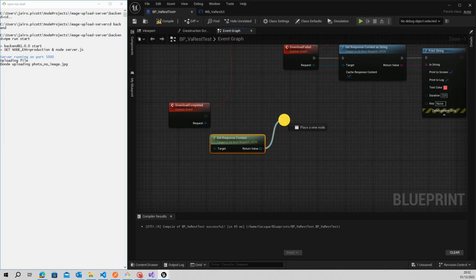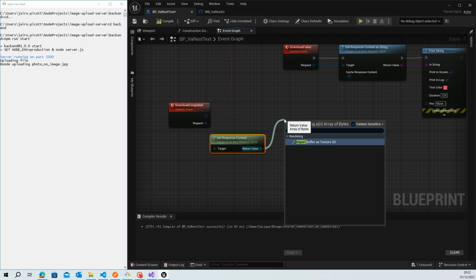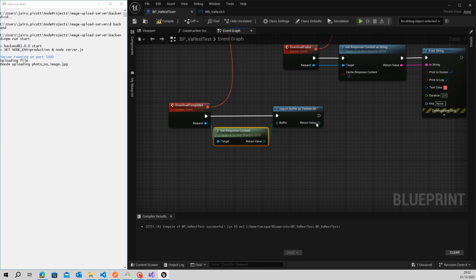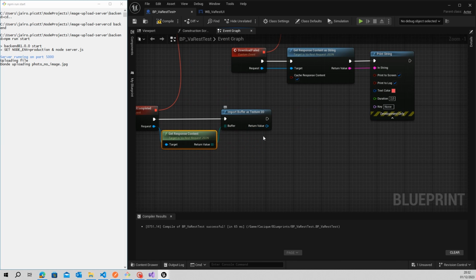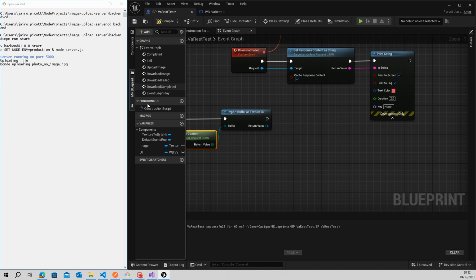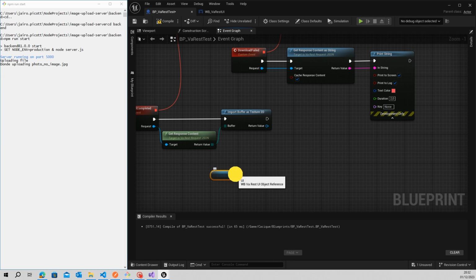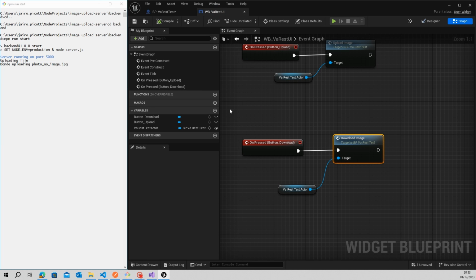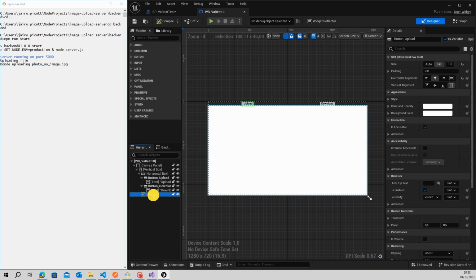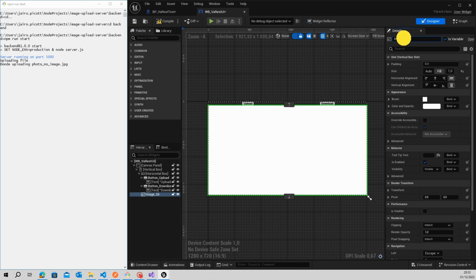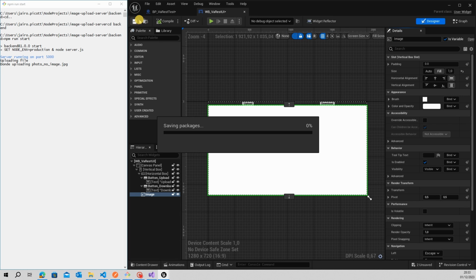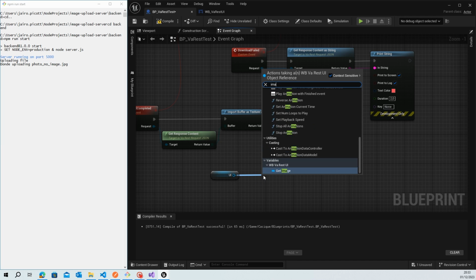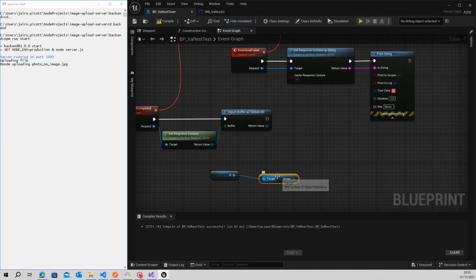So this, we can use the node import buffer as texture 2D, yes, and this will be our texture, and we can use now the reference to our UI, and we will get the image. We didn't set it, so we have to come back here. We will put this image as variable with the name image. Compile and save, and then here we can get the image,